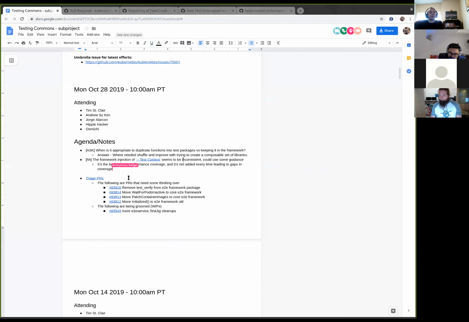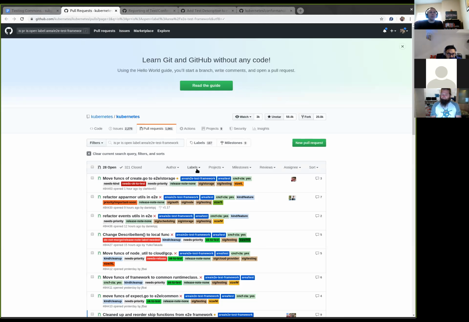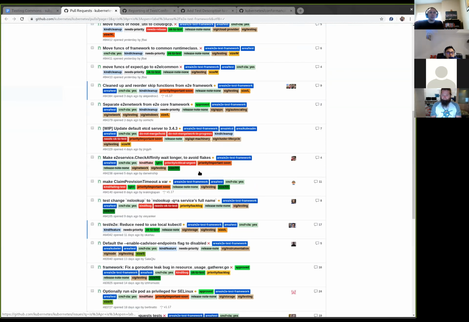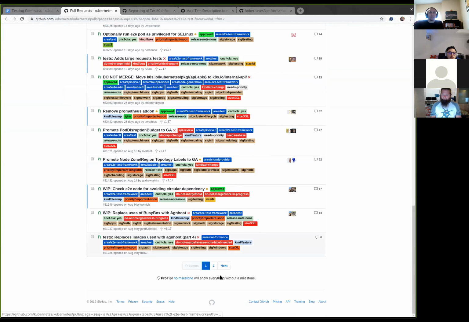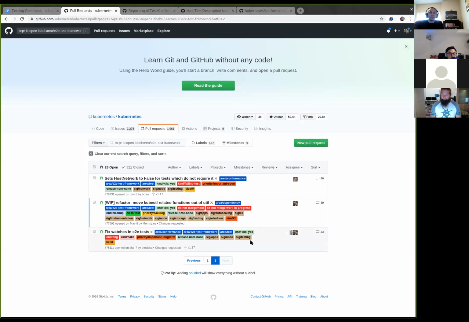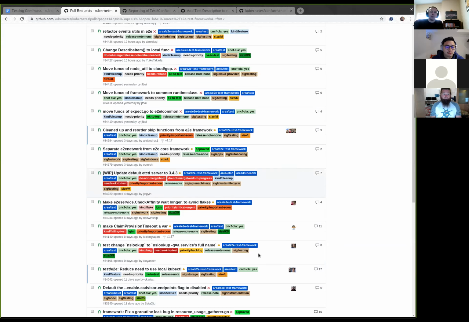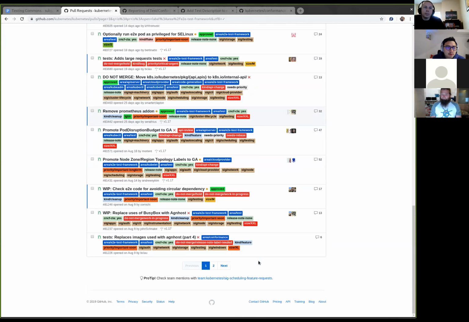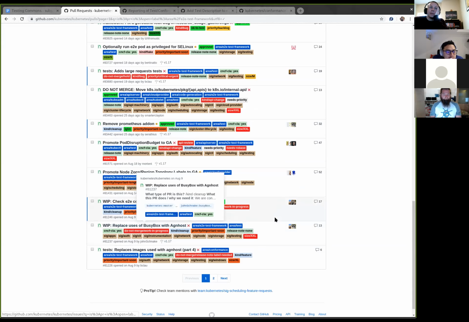Next up, doing the continual triage. We have a fair number of PRs pending here, and not all of them are assigned. Feel free to assign some of them to me. All right, so I'm going to ignore some of these ones that have multiple nodes or multiple SIGs attached to them. Replaced images with egg host. We can't even do those things, so I'm going to skip that. Egg host, skipping that.